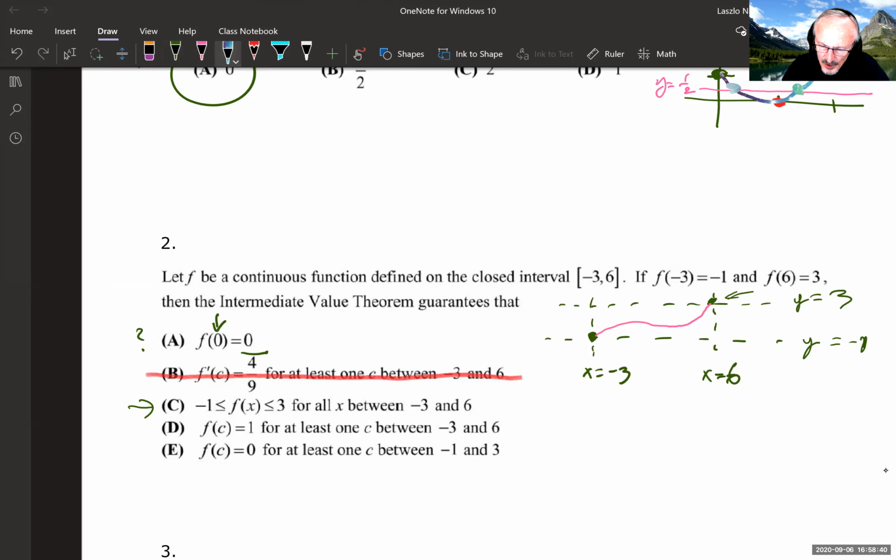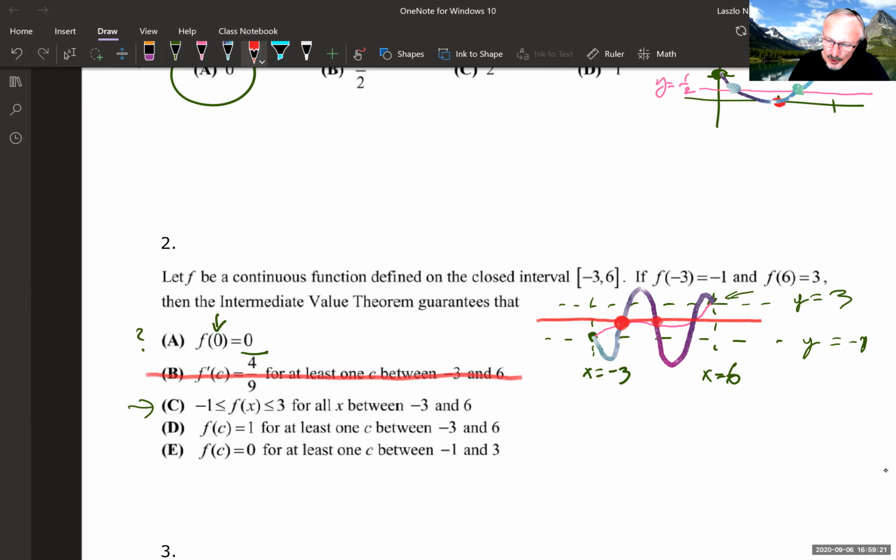I believe you can have functions that actually go outside of that interval. In fact, we don't even know how many times they could go outside. Many times. The only thing the theorem tells us is that if f is continuous on the interval from -3 to 6, and we're proposing a y value that is between -1 and 3, then there's guaranteed to be an x value between -3 and 6 that will be associated with that particular value of